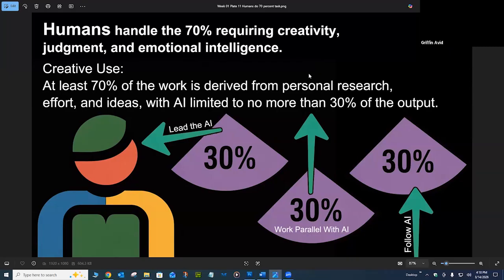to run with AI. So in this course, we're going to do a part where we lead the AI. The human goes first. AI comes in to give us a 30% little booster. Then we're going to work parallel with AI. As I'm working, I'm pulling in the AI along with me to help. And then we're going to let the AI give us an initial boost of 30%, and then we're going to come in after. And the reason this has been done, and this is not for art,